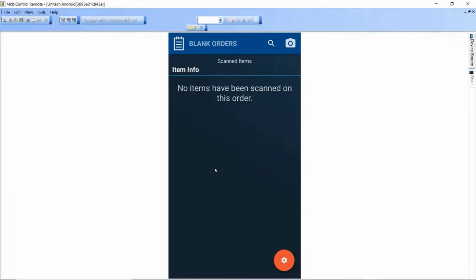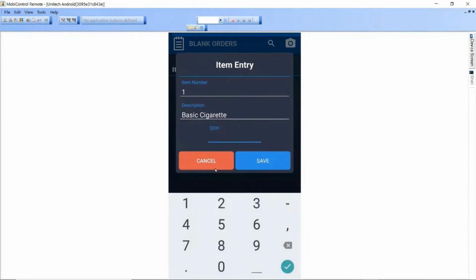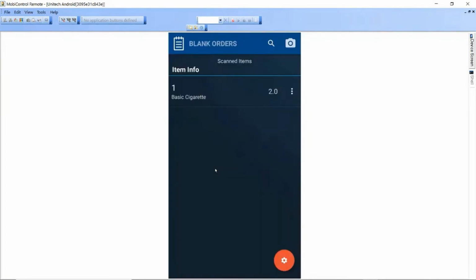And then from here, we can scan any items that we would like, enter the quantity that we want to order,